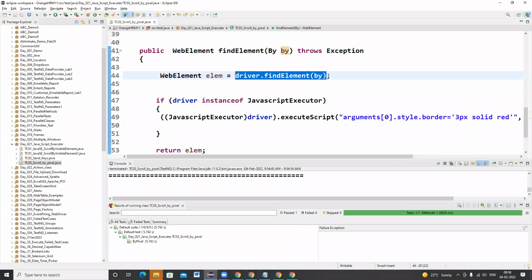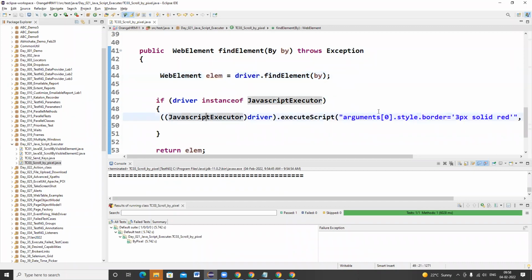It can be either ID, name, XPath, or CSS selector, which is completely up to us. But this line of code is stagnant: driver dot find element by dot ID, by until by. So that's the reason why we have created a web element object reference for it.